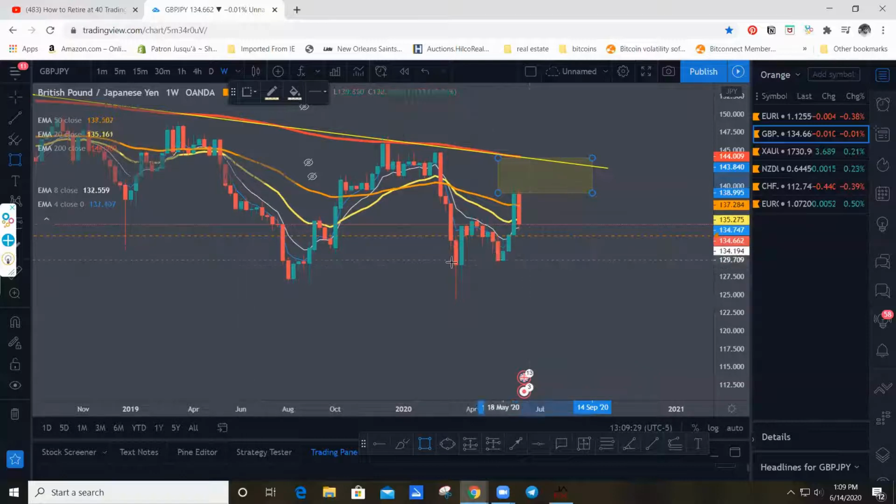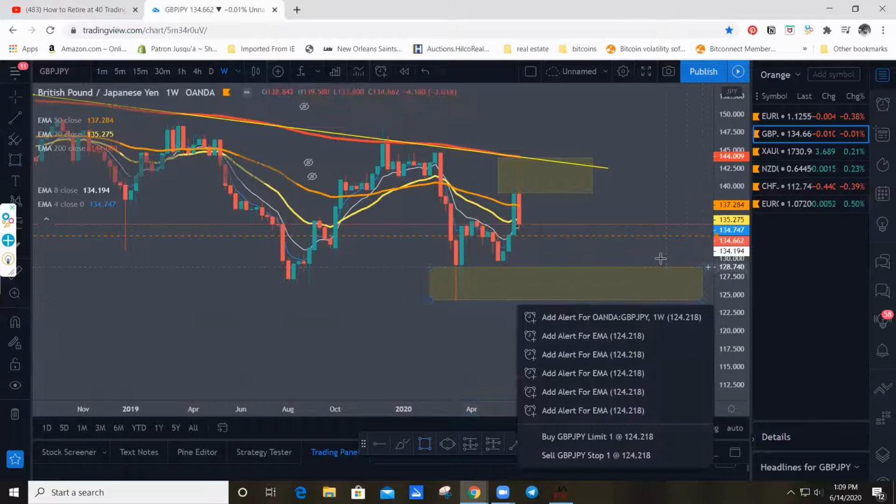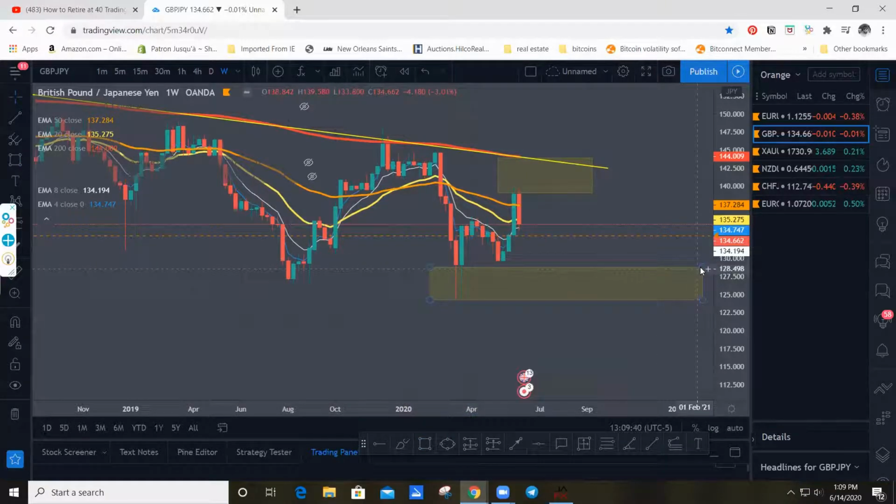Right there. That double bottom, then you had that wave up. Where it pushed through the middle of that double bottom, that W,